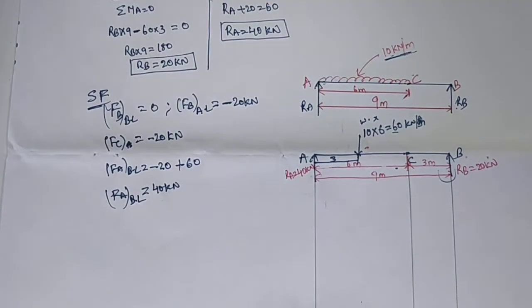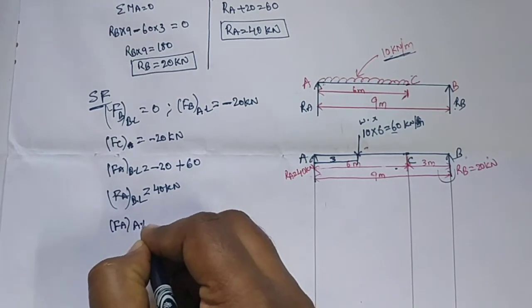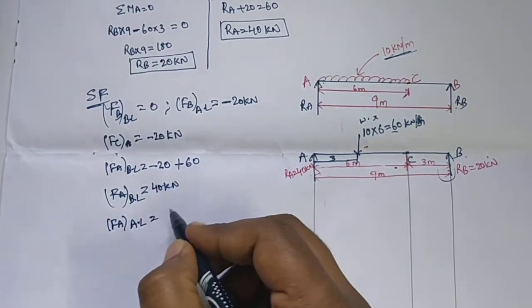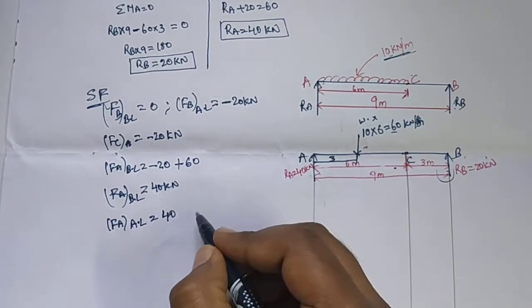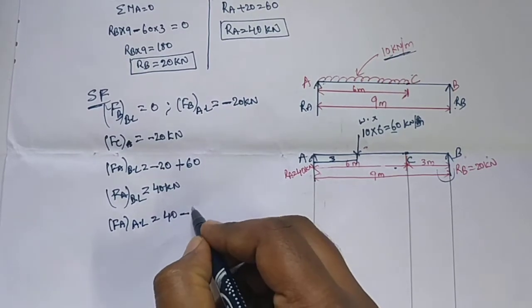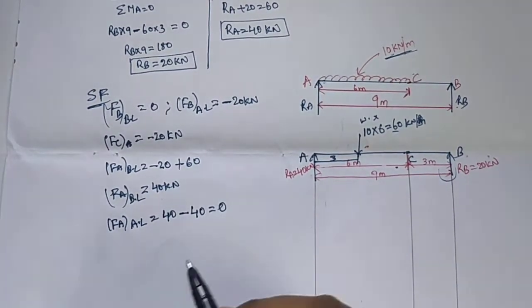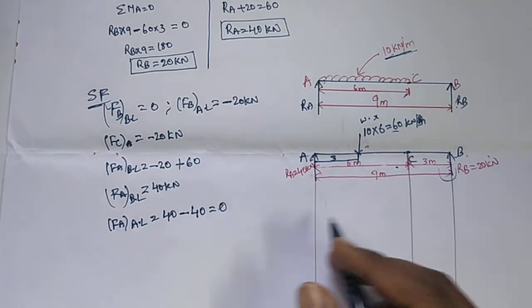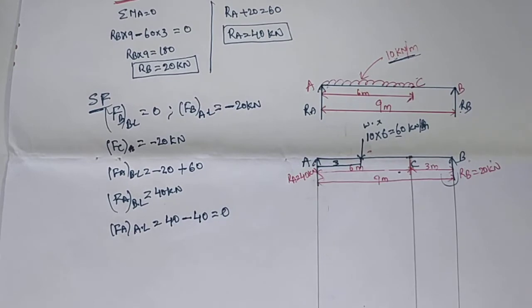Okay, next similarly we need to calculate shear force at point A after load. After load means we need to consider the reaction force at point A. Before load is 40. By considering the reaction force, which is acting in the upward direction, it is taken as a minus value, so the shear force at point A after load is 0. By these shear force values at points A, B, C, you can draw the